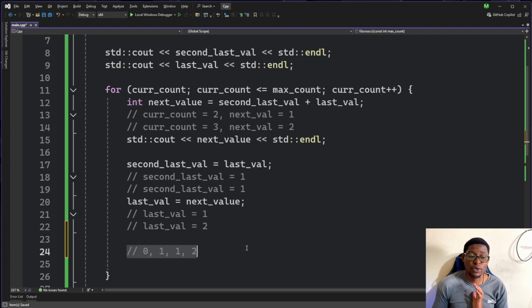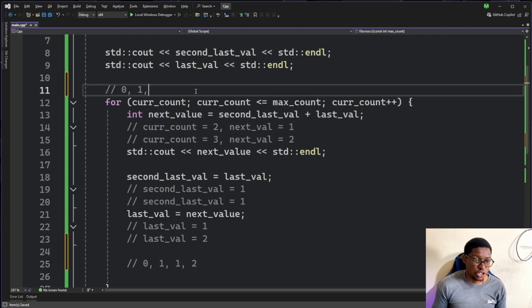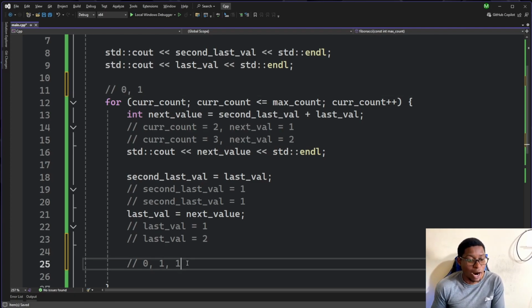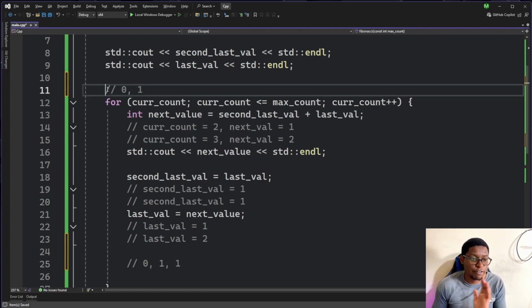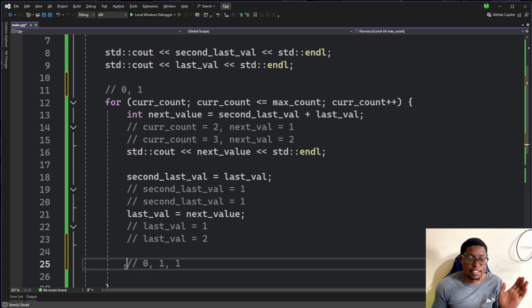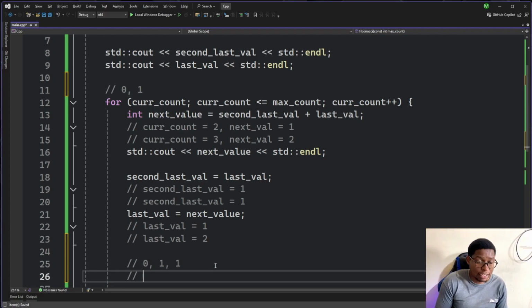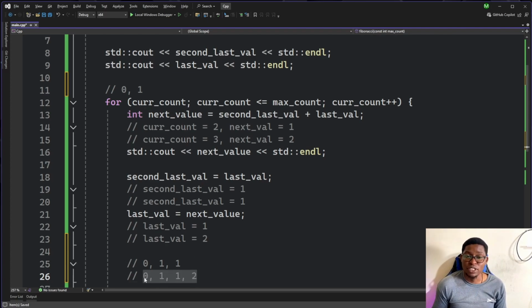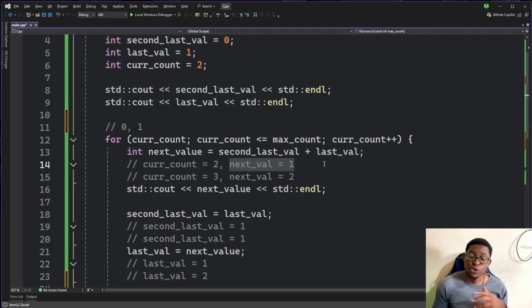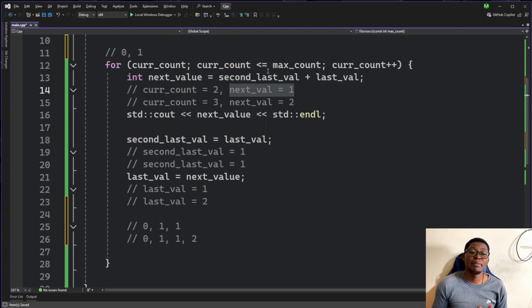If you're looking at our sequence so far, originally we started 0, 1, 1. Then on our first iteration, it became 0, 1. Then second, we have 0, 1, 1. And then the third time, now we have 0, 1, 1, 2. But then these are 4 values, not 3 values. So in this case, if we want to fix our logic, that means we need to remove